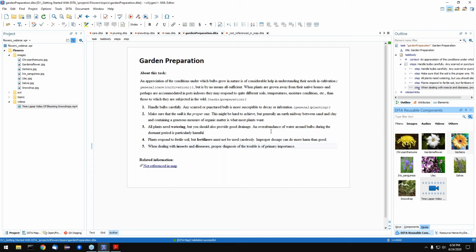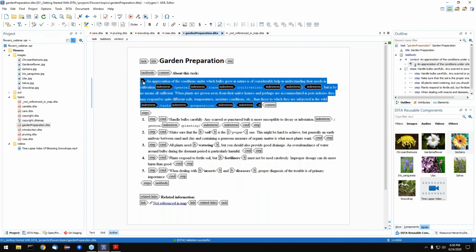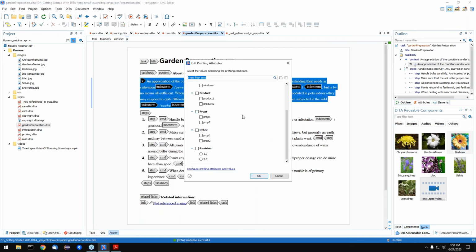No conditional tags, just attributes. Yes, DITA actually implements conditional content support using attributes, not tags as in elements. So there are different profiling attributes called audience, product, and a few others, like you see, revision, platform. And actually DITA is extensible, and you can define even your own specialized attributes